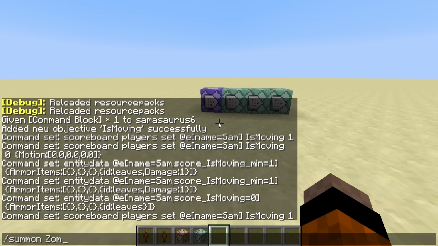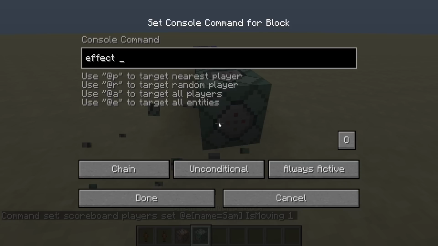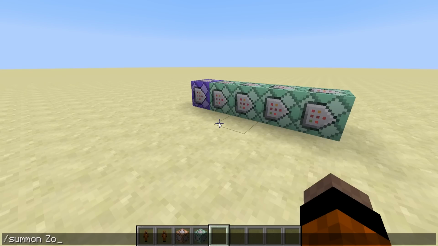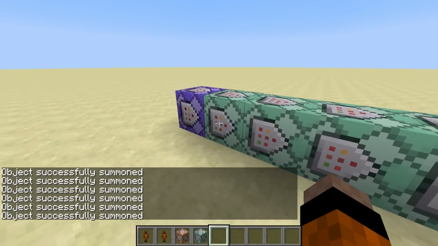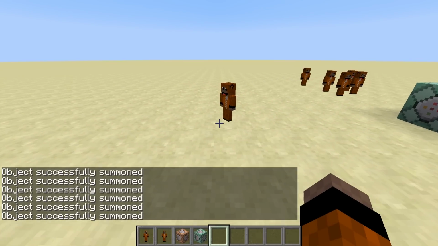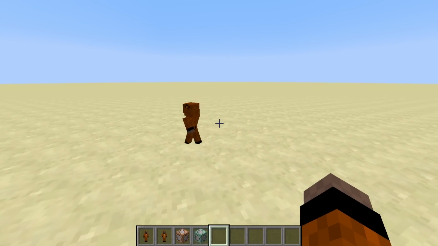So now if I do summon zombie, actually we're also going to need a command to make it invisible real quick. Effect @e[name=Sam] invisibility 1 true. Okay, so now we just have to do /summon zombie at these coordinates, custom name Sam and silent 1b, just so it isn't annoying. And let's do a few of those, and here we have our very own army of miniature Sams. And I'll try and leave a world download to this as well, so you can have a play around with these